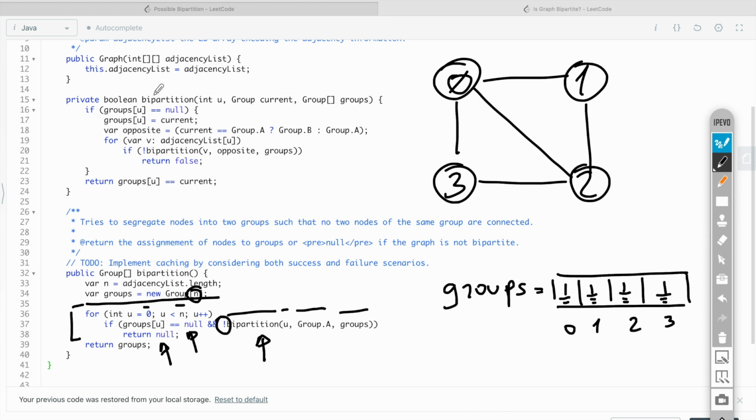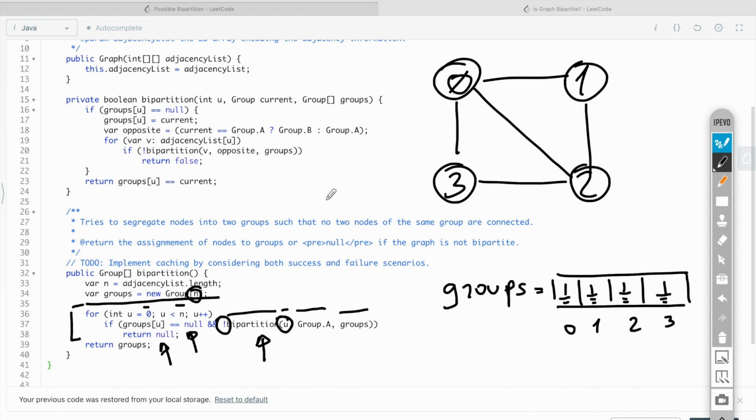Inside this bpartition recursive function, we are doing this depth-first search starting from the node that's been passed here. Suppose that it's node 0.